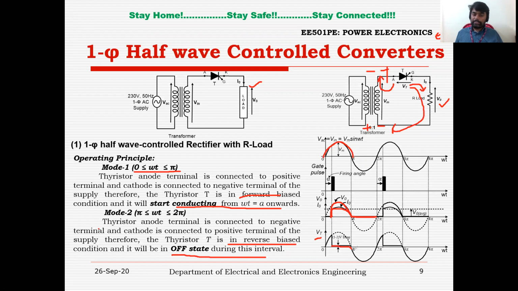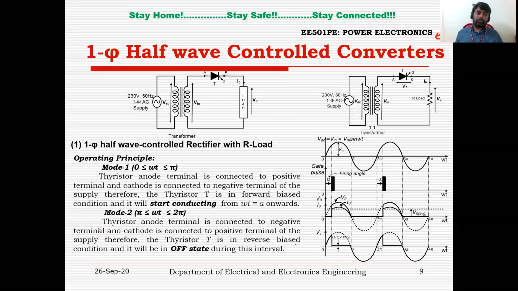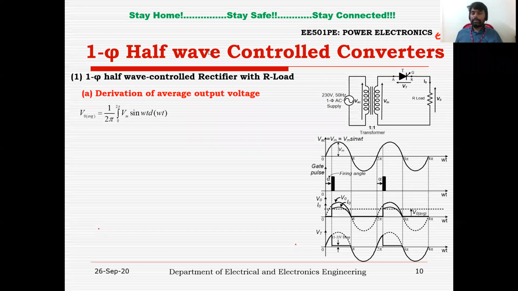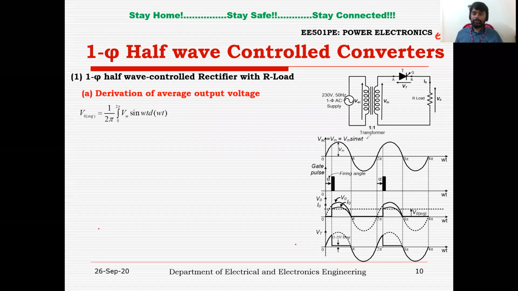So you can see the thyristor is blocking the reverse voltage. I told you that a thyristor will block both positive voltage as well as negative voltage, but it can allow the current in only one direction, which is from anode to cathode. Now I am going to derive the average output voltage expression in the case of a single phase half wave controlled